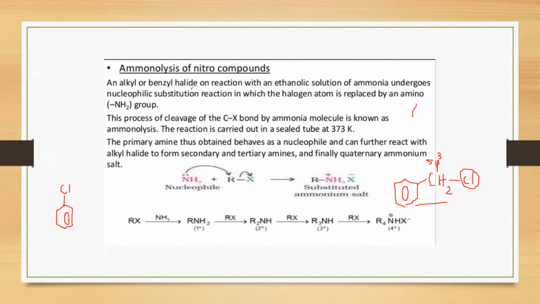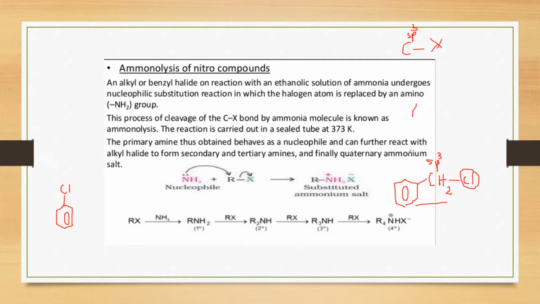So that is why benzyl halide is put into that category. Because alkyl halide, we know it is like C–X, right? Where X is attached to an sp3 carbon, sp3 hybridized carbon. In the same way, in benzyl halide or benzyl chloride, chlorine is directly attached to an sp3 carbon.